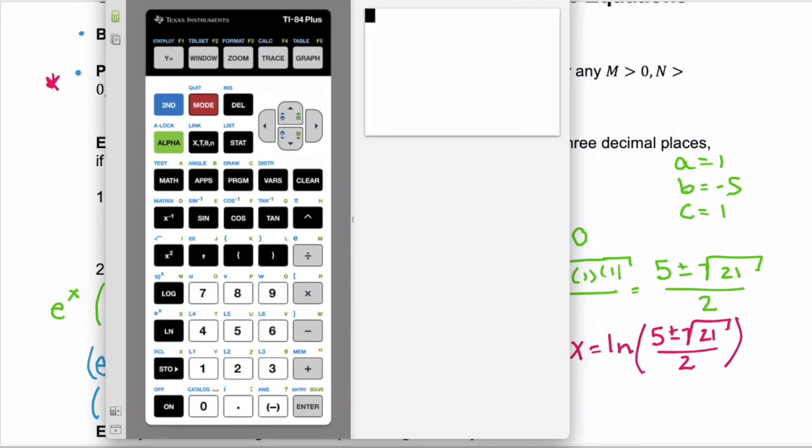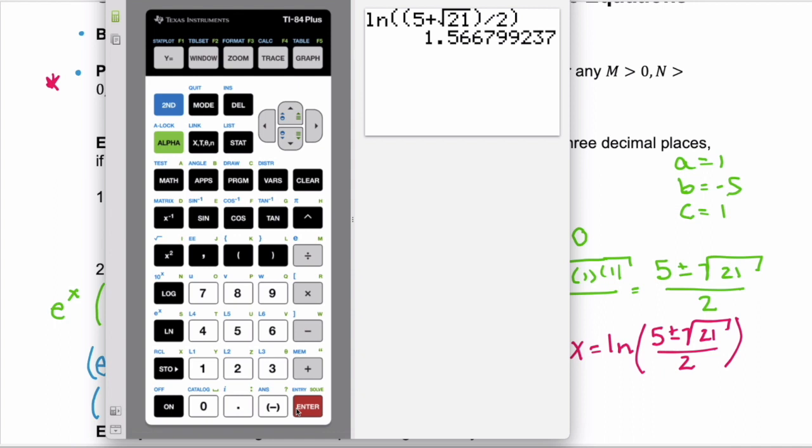And we want to put in the natural log of, we want to make sure we have a distinct numerator and denominator. Let's do the plus version first. 5 plus the square root, so we have to hit second and then the square root of 21. Notice that we're still within the square root, so we need to arrow to the right to close those parentheses. We have our numerator, now divide by 2. We have our denominator, close the parentheses and hit enter, and that's the solution for 5 plus the square root